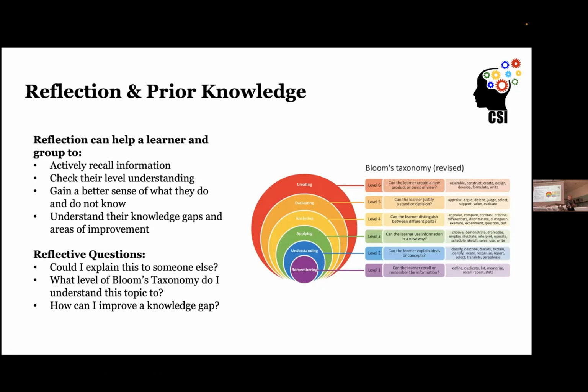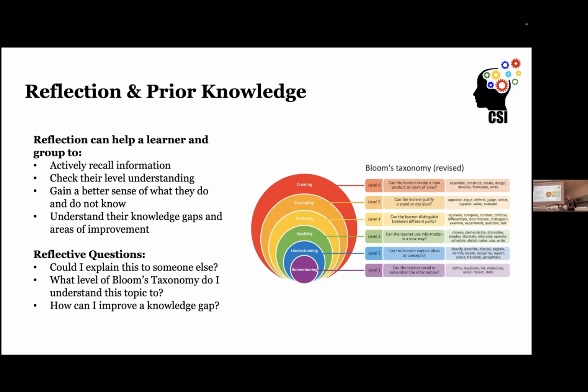Or is this you creating your thesis? There's a huge variety of scope in between as well, as we know. So reflection can also help us gain a better sense of what those gaps are. Maybe across a topic, you're really strong in some aspects of it, but not so strong in others. Maybe there's a fair amount of middle ground. Maybe there are things where once you start testing yourself or checking your understanding, you realize there's a gap.